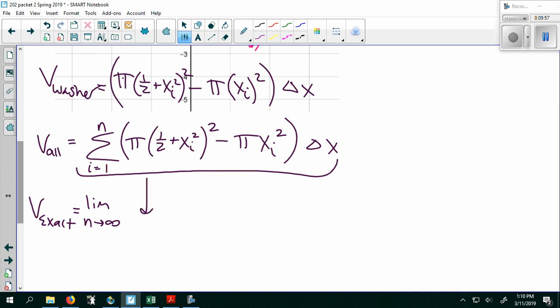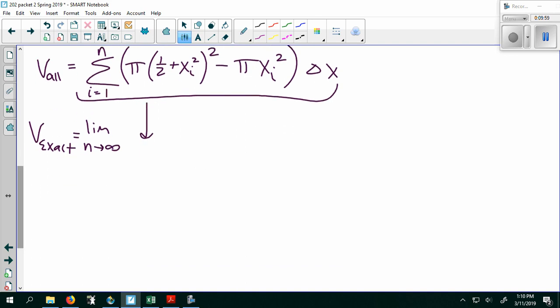And that is the definition of an integral. It's the limit of a Riemann sum, so this is an integral. And to translate from the limit of a Riemann sum to integral notation, we drop the subscript of the i's, and we change the delta x to a dx. So this becomes pi times (1/2 plus x squared) squared minus pi x squared